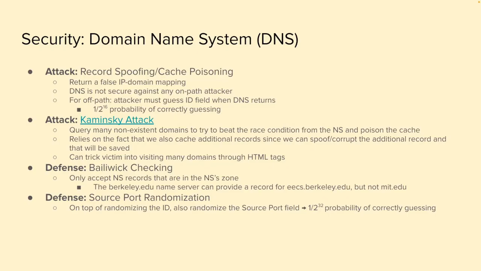And the defense for that is called bailiwick checking, or not for that specifically, but in general, defenses are bailiwick checking, which is we only accept name server records that are in the name server zone. For example, berkeley.edu can only provide records for something.berkeley.edu and not mit.edu, since Berkeley doesn't have ownership over that domain. Another defense is called source port randomization, which essentially adds another ID, the port, and so the attacker has to guess that as well, which is also 16 bits, and that's 2 to the 32, right? So it's 1 over 2 to the 32 for an off-path attacker